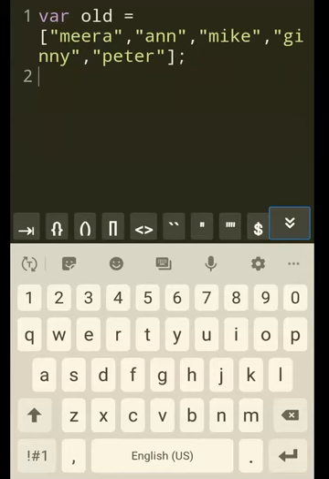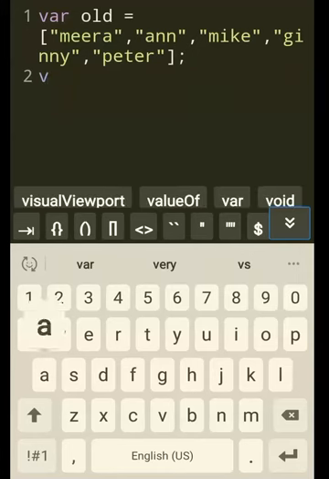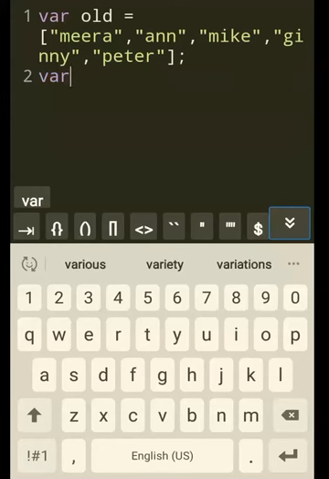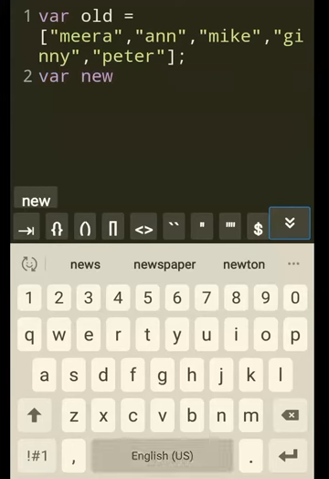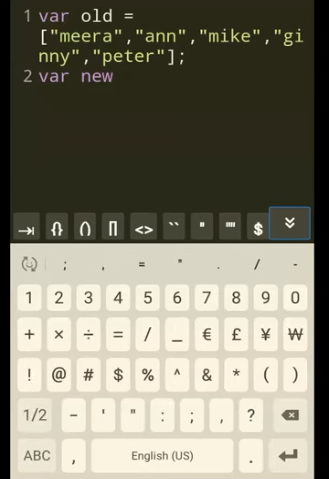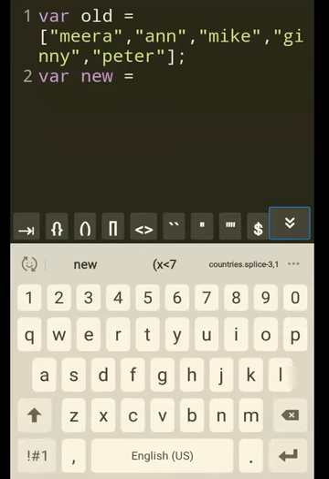I want to call this new array, var new. So I'm making another array, which I'm going to splice. Let me splice the old and then assign it to a new array called new. How do you do that?